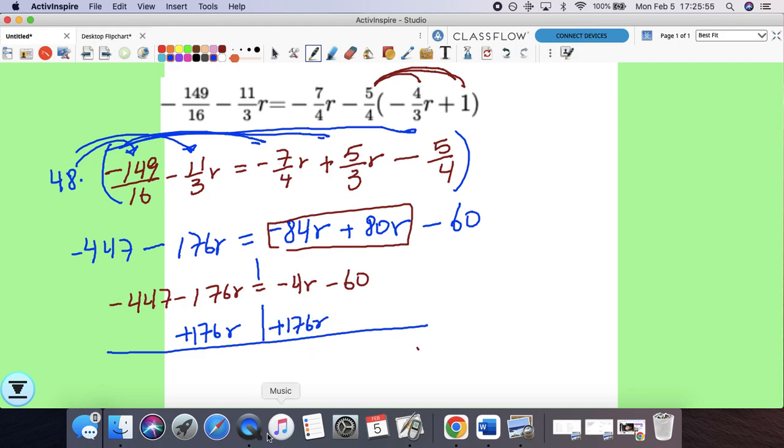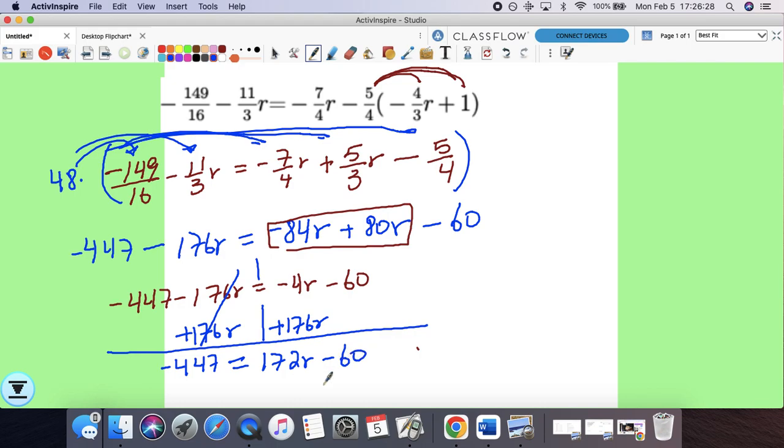Right? Now, watch what this does. By doing that, negative 447, well, that doesn't do anything because there's nobody to add with. But negative 176r plus 176r, they're additive inverses, so that goes away, right? And we don't have any r's on that side anymore. But on the right side now, I have negative 4r plus 176r. They're like terms, and I can add that, and that gives me 172r